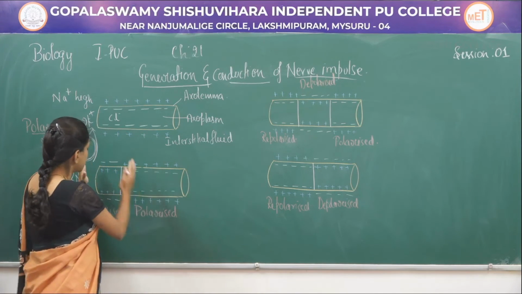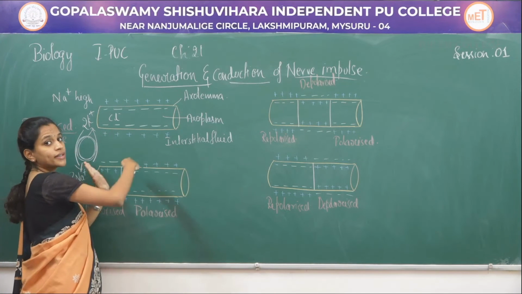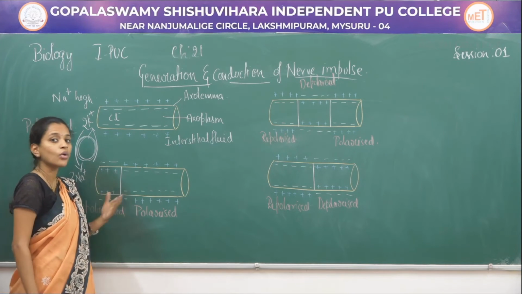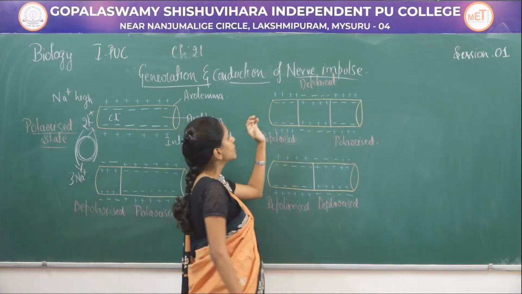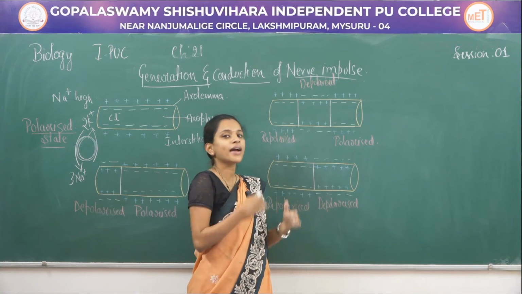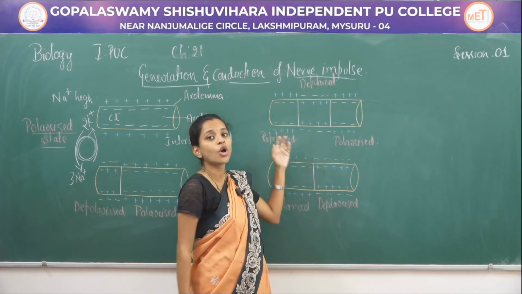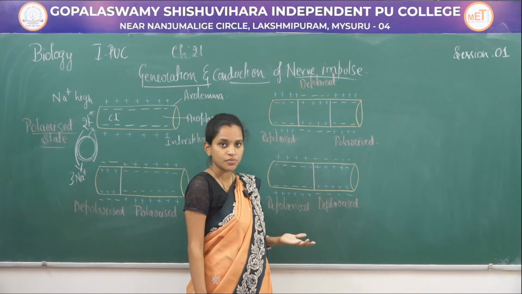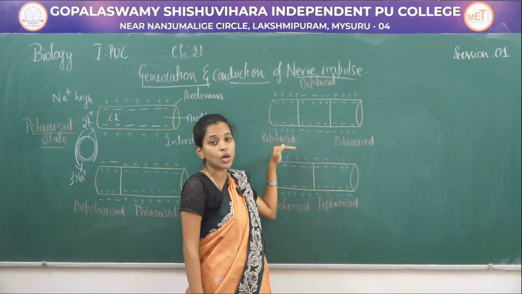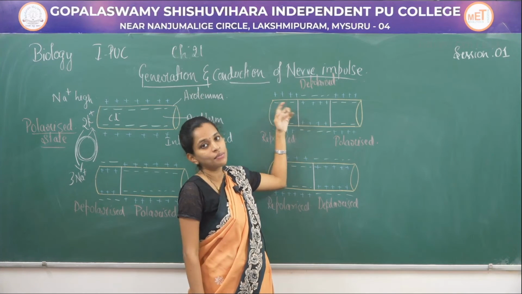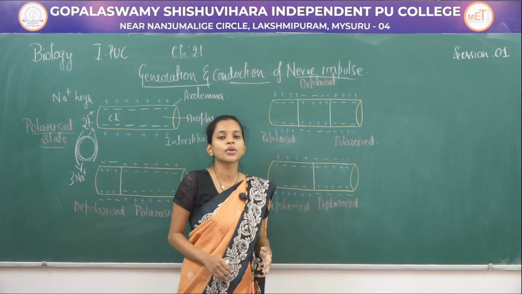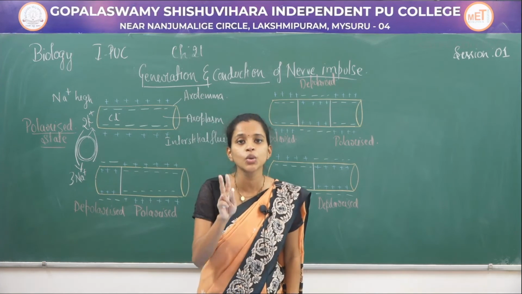Next what happens is, this depolarized state will spread the stimuli into the next part of the axon and they return back to their original position. So here the first part, which was depolarized, will get back after passing the signal into the normal state. Again the sodium potassium pump is activated, sodium from within the axoplasm moves outside, potassium from outside comes inside. There will be many sodium potassium pumps in which there will be exchange of 3 sodium with 2 potassium.